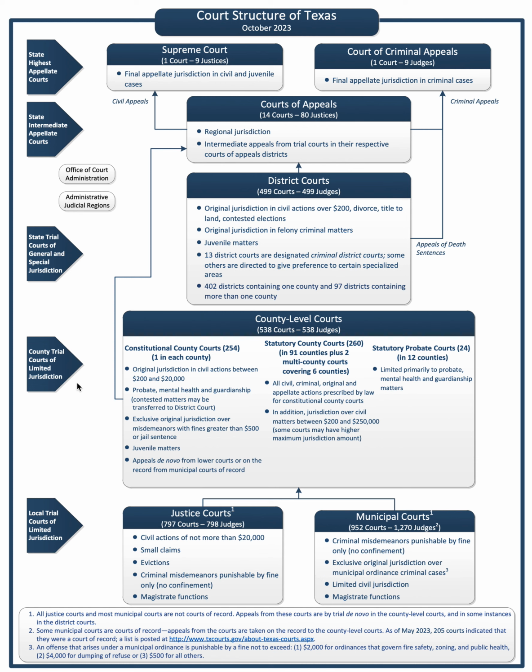So I want to just mention one thing specific about Texas before we end the video. You notice the arrows in the diagram show you the pathway of these cases. Even though the county court is a court of limited jurisdiction, it does have an appellate function. You'll notice these arrows coming from the municipal court straight up to the county court. That means that cases that originate in these two courts, the JP court and the municipal court, can be appealed to the county court level.